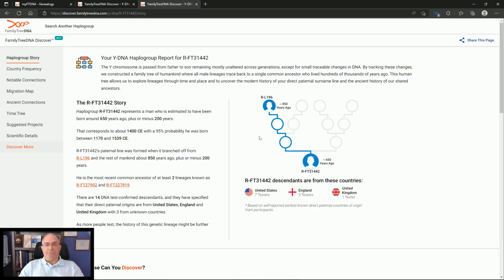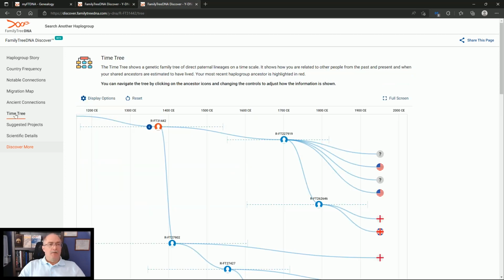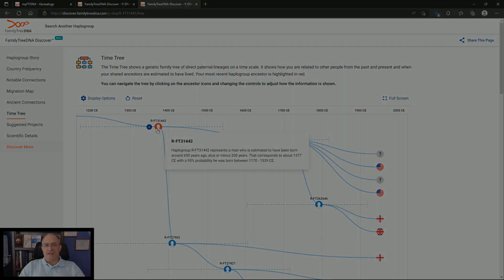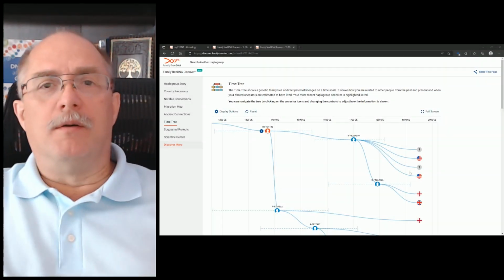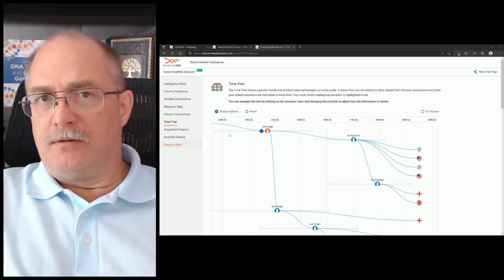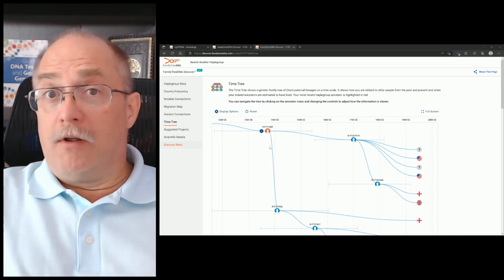You click it, and it mapped to the FT31442. And we hit the time tree here, and as you can tell, the red dot represents, I didn't say that a few moments ago, the red dot represents the one you're looking at now. And it says that time frame is the mean, which I tell everybody to look at, and I still tell everybody to look at, is 1377. Not every one of them would map inside the range, but it represents all of them now